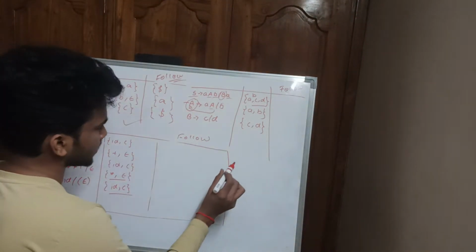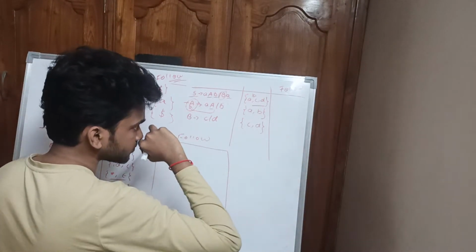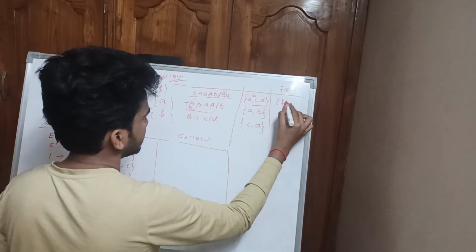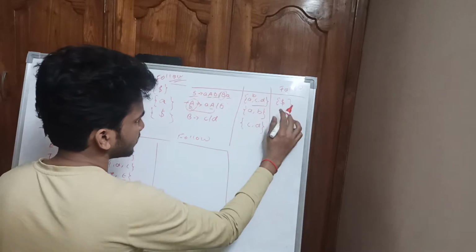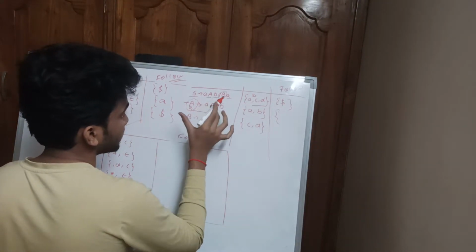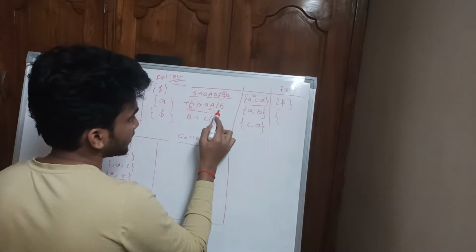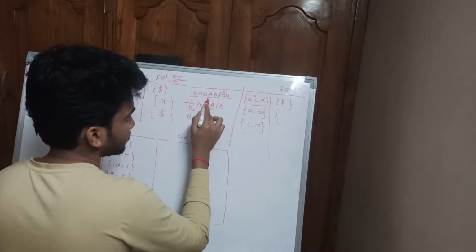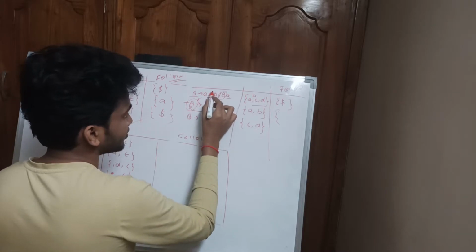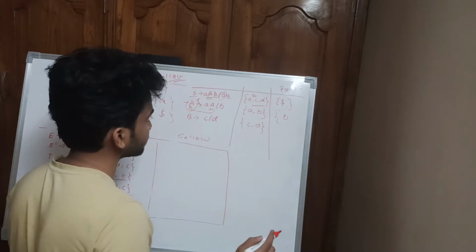Now this one again, A, B, C, D. Here we have four things. Follow of S, obviously dollar, and there is no presence of S, only dollar. Now follow of A, how can it be calculated? Check the presence of A. A is present here, A is present here. If we take this A, follow of A, we would again have to calculate follow of A, so there is no meaning in taking this A. So we will take this A. Follow of A is small b. That's all.